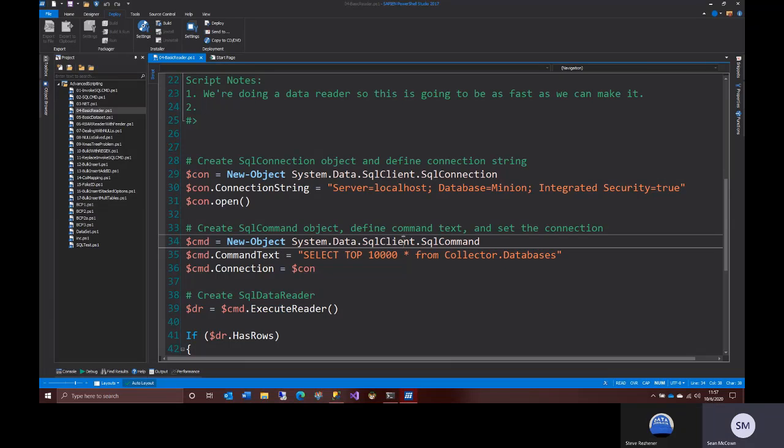Because I have no idea if the problem is the source network or the source disk or database, or if it's from the destination, right? So if I get the reader worked out and it's lightning fast like this is,